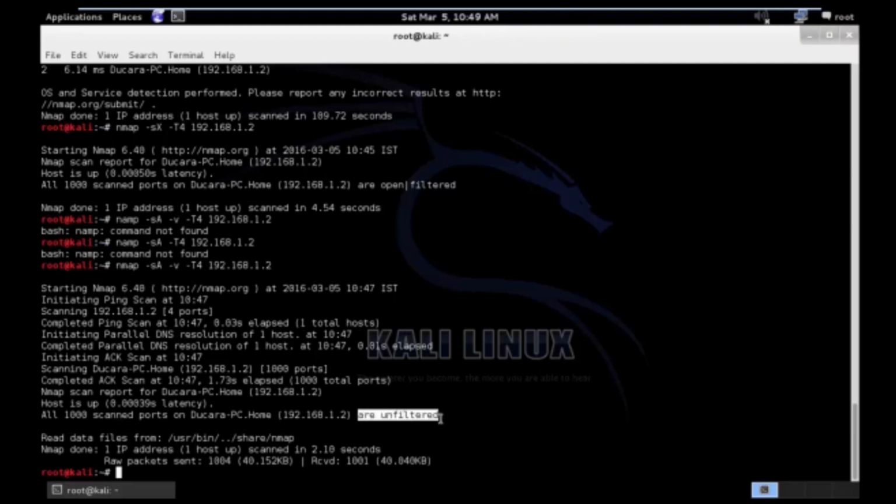It simply means we don't know whether the port is open or closed, but it's unfiltered. You can say the port is reachable. What is the meaning of unfiltered? We don't know if the port is open or closed, but no packet filter is blocking it. So as we have closed the firewall, the next we are going to use, right,